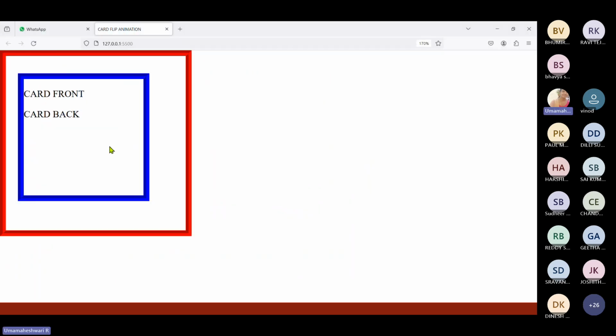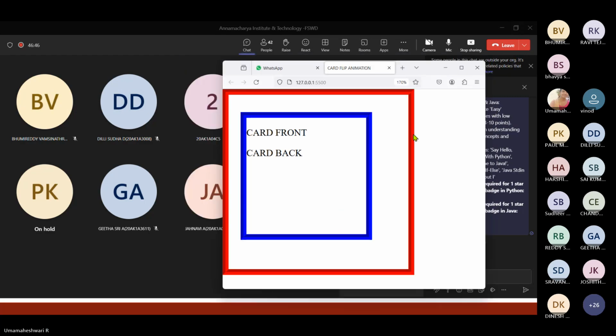Okay. So I have two paragraphs here. So for example, suppose